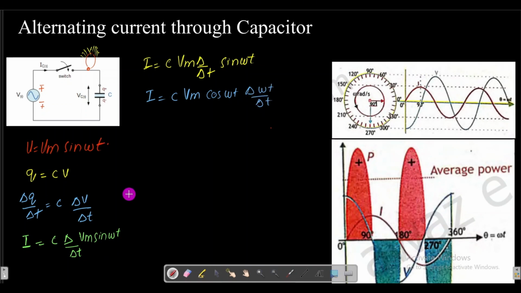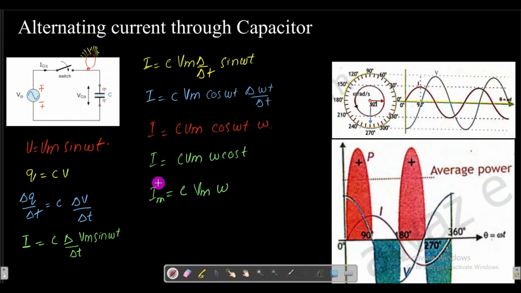If we simplify this further, I is equal to CVm omega cos omega t. So these three things are equal to Im. Instead of this CVm omega I will put Im, so the above equation will become I is equal to Im